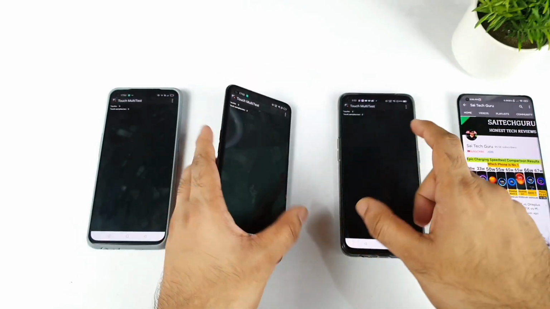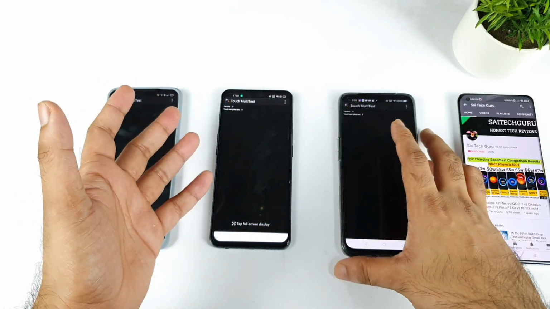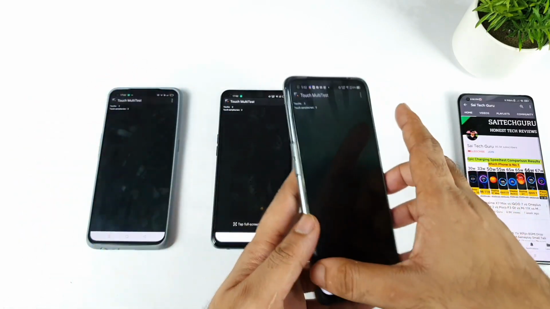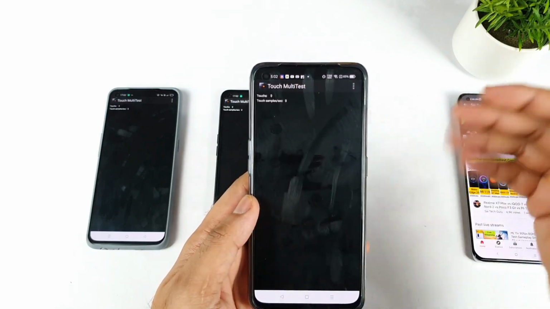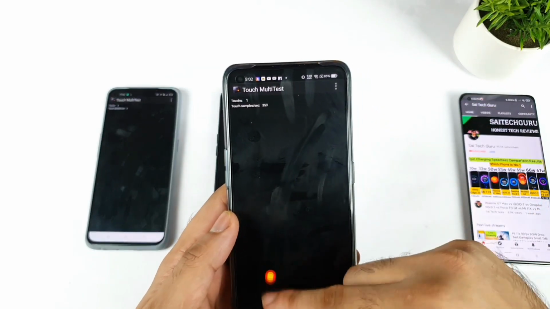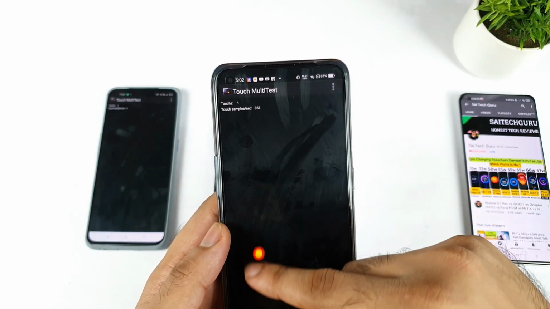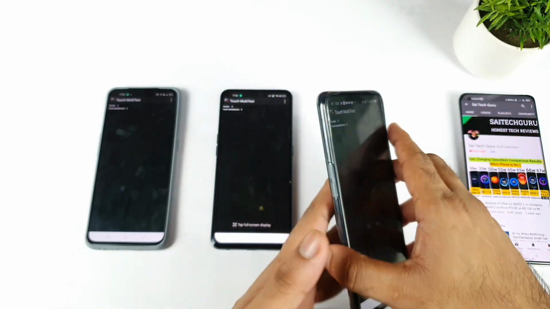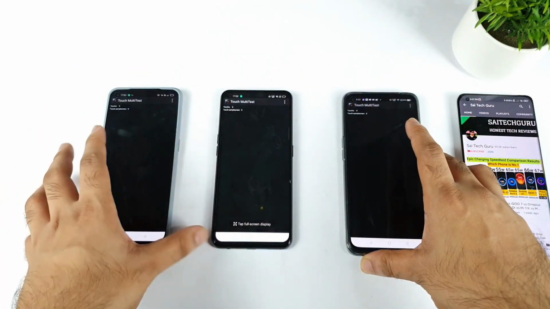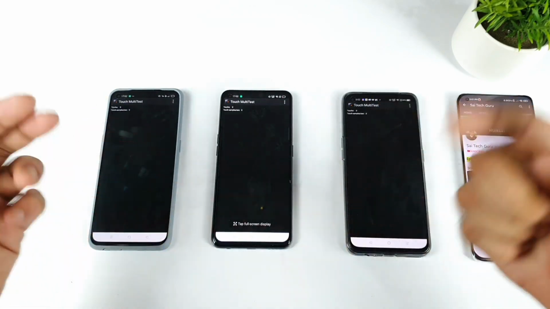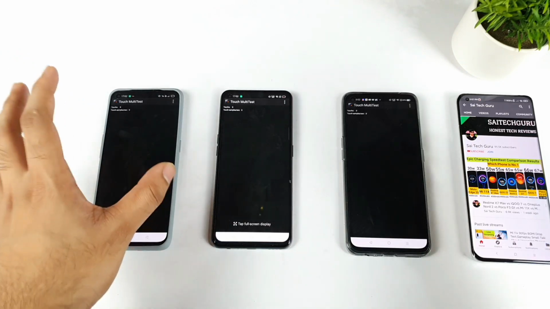There's not much difference, friends, between the 20,000, 25,000 and 35,000 phones. There's not a huge difference in the touch sampling rate. I'm not sure why they could not do it. They should definitely make some differences across these different price ranges instead of keeping everything the same. It's 360, you can clearly see. So 360 and 350, 360 minus 120 Hz, 240. All three Realme smartphones have the same touch sampling rate, which is 240 Hz. If you include the refresh rate, it will be 360. If you don't include it, it will be 240 Hz touch sampling rate only in these devices.